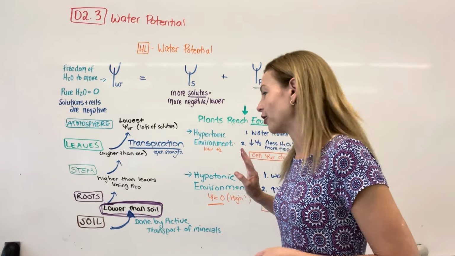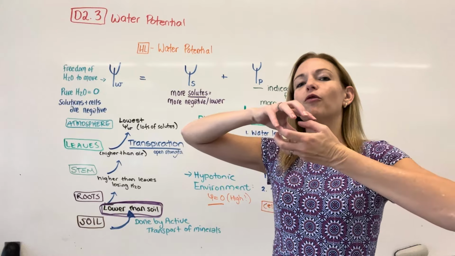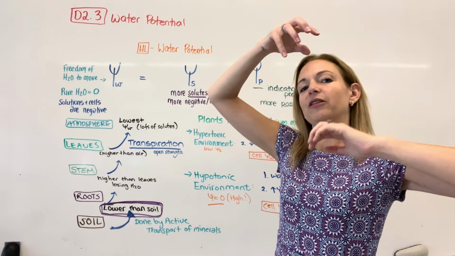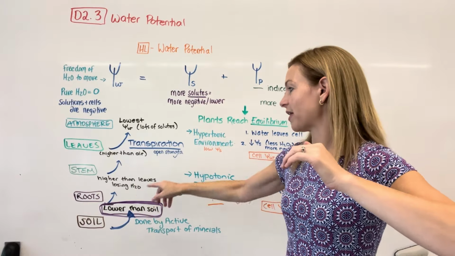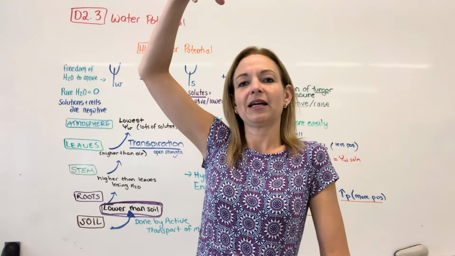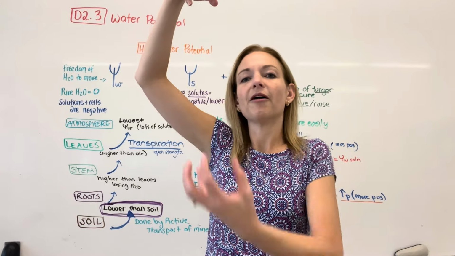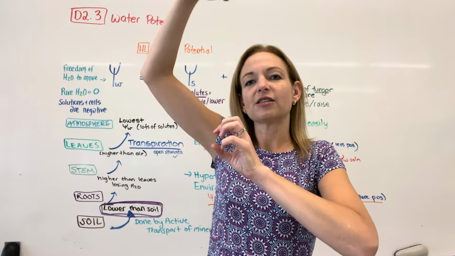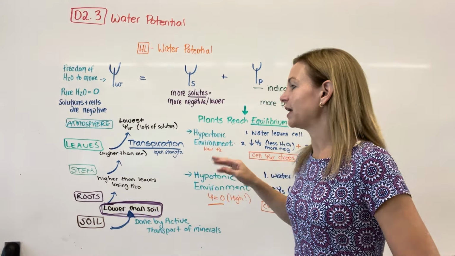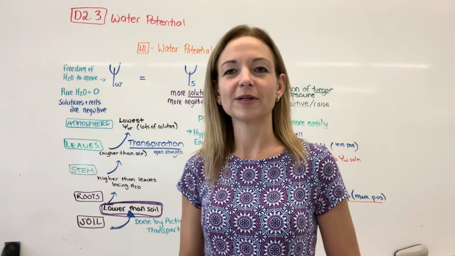We need to move water in from the soil. If we move water in, that would raise the water potential at the roots, which makes it higher than the stem, and water can go up that direction. So it can keep moving in both directions. So ideally, we're pushing up from the roots by increasing the solutes, and we're also pulling up from the atmosphere. So that's just explaining that upwards movement in terms of water potential.